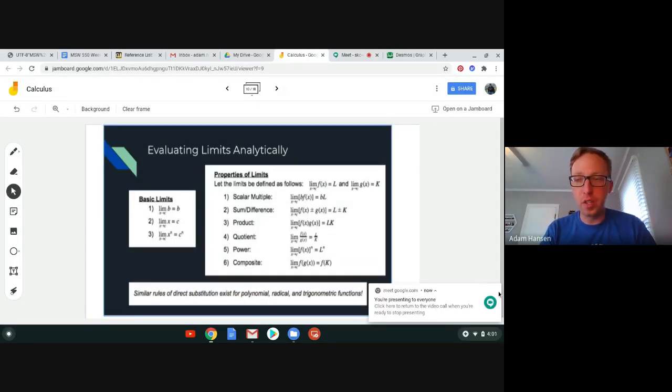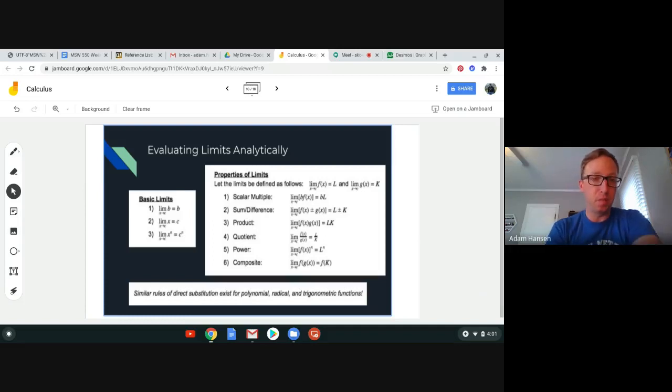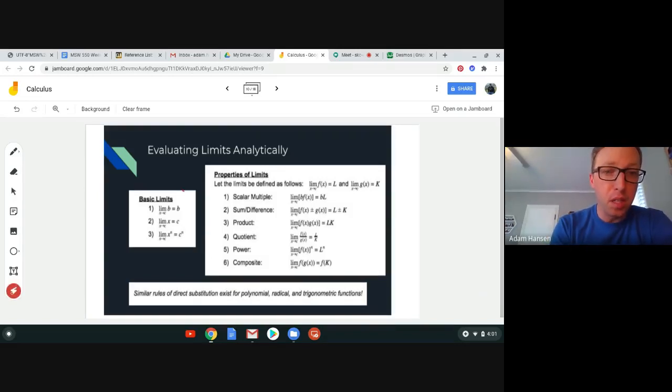We're going to go ahead and finish up the second part of Standard 3 in calculus. In part 1, we looked at how to use a table or a graph to evaluate a limit, what a limit is, when it exists, and when it fails to exist. The final part of how to evaluate a limit is to do so analytically using some basic limits and some basic properties of limits. So I know there's a lot on this page here, but let's focus on these basic